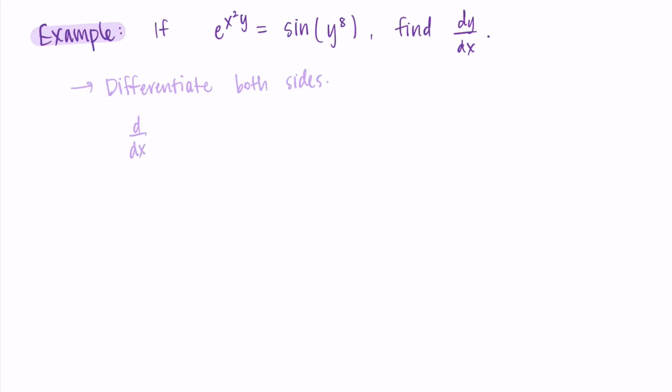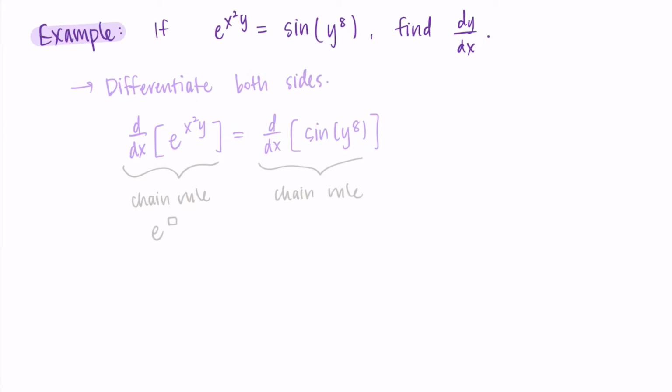Looking at these, I'm noticing that e to the x squared y is going to need chain rule. This is like e to the something as my outside function, with that something as the inside. And on the right-hand side, I'm also going to need chain rule because I have sine of something, sine of y to the eighth. So we'll need to do chain rule as part of our process,